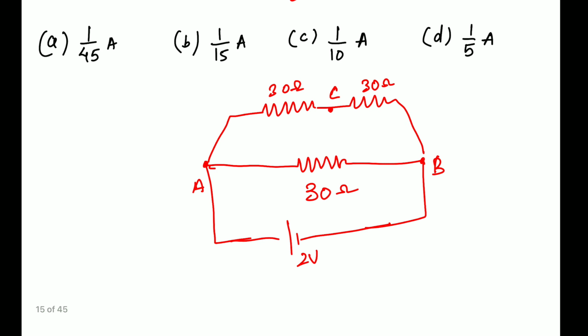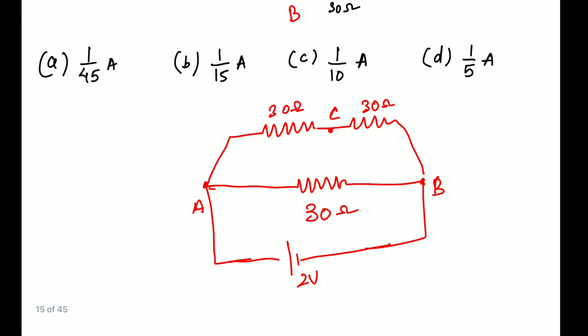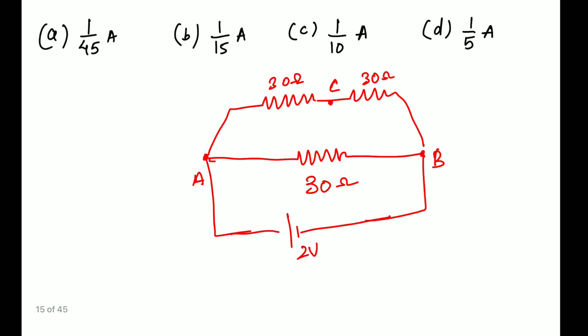Very good. Now you're supposed to find out the value of I in the circuit. The value of I is something which I am to find out. So very simply, I can do this. How can I do that? See, this 30 and 30 are in series, so it will automatically become 60 ohm if I talk about the equivalent resistance here,